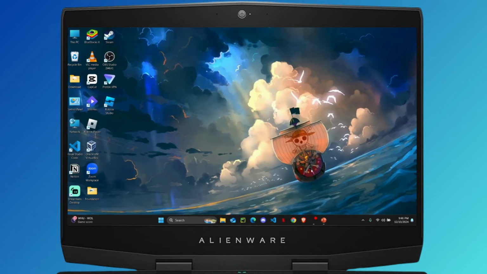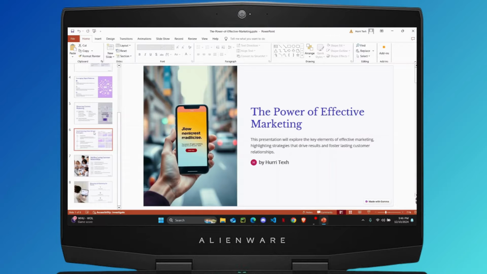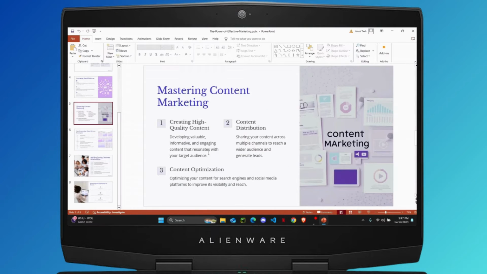Let's begin. So the first thing you need to do is open up your PowerPoint presentation, and once you open up your slides, you want to go to the slide where you want to add your background image. So let's say if I want to add a background image on this slide right here,